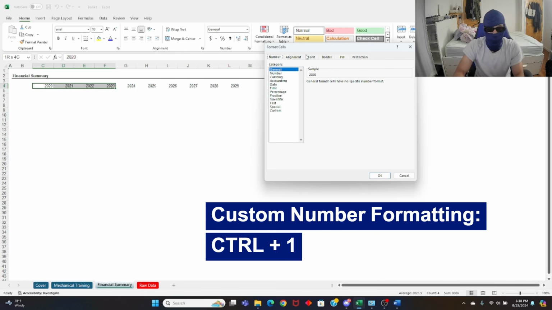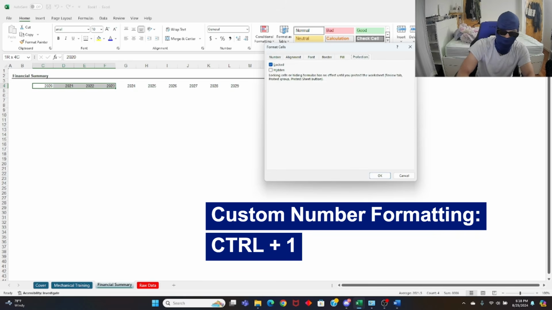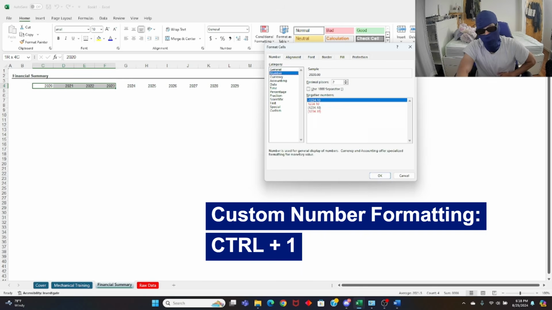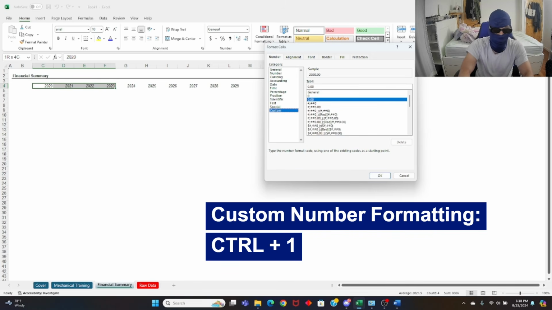It's going to pop up this thing called Format Cells. And then you have all of these various things. This is also an onion within an onion because it's multi-layered. So when you start out, you can only go left, right? Like you have your protection, fill, border, font, alignment, number. Once you click Tab, it goes into the next layer of where you want to go. So now Tab, you're in here. And now what we want is to come down to Custom usually, and we want to sort of edit this. So when you're here in Custom, you click Tab, and now you're in here. So you're a layer deeper than where you were before.